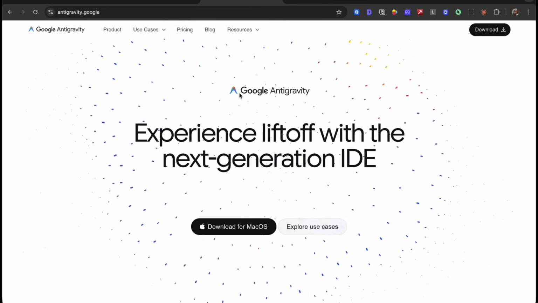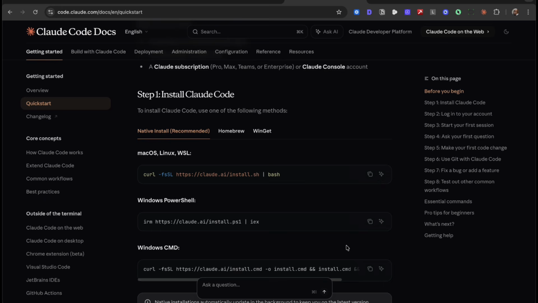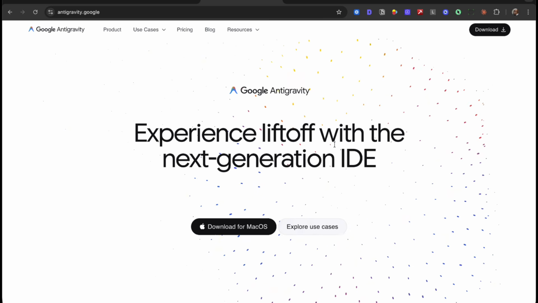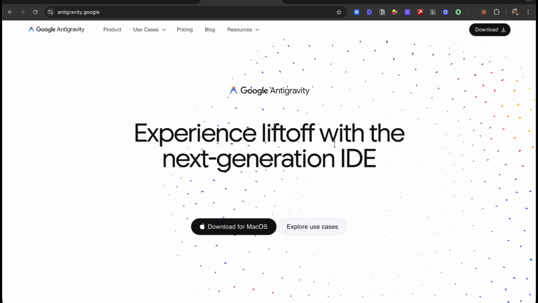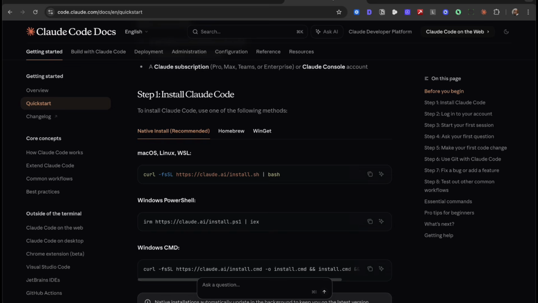First off, you're going to need to download Google Antigravity or Claude Code depending on whatever you're more comfortable with. Antigravity is powered by Gemini 3 Pro, and you can also use other models with it like OpenAI and Anthropic. And Claude Code is powered by Claude Opus 4.5, which I personally feel is the most powerful coding model